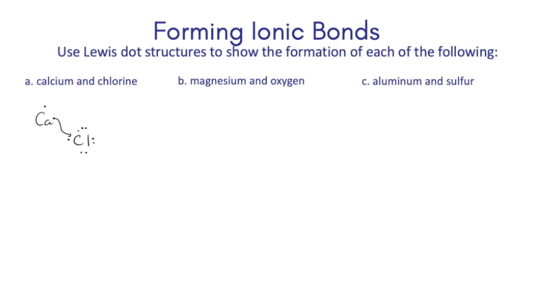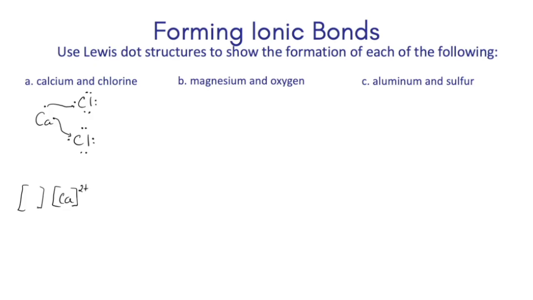Now this chlorine is happy because it has achieved a full outer shell, but calcium is not because it still has one more to give away. So we're going to add another chlorine because this bond is only formed between calcium ions and chlorine ions. This electron would transfer to chlorine and the ionic bond formed is calcium that has a 2 positive,